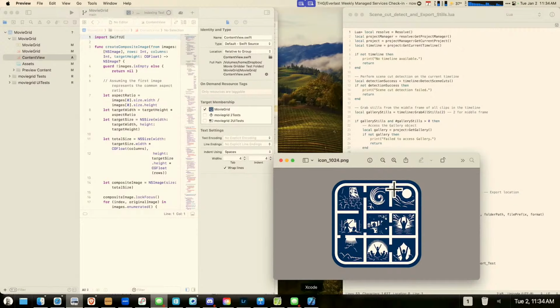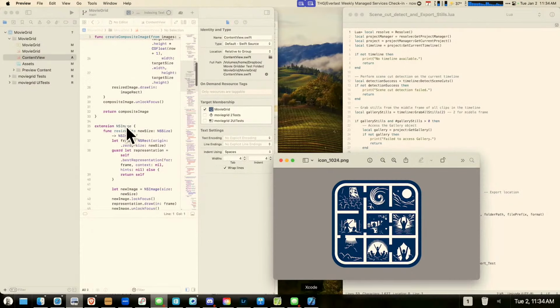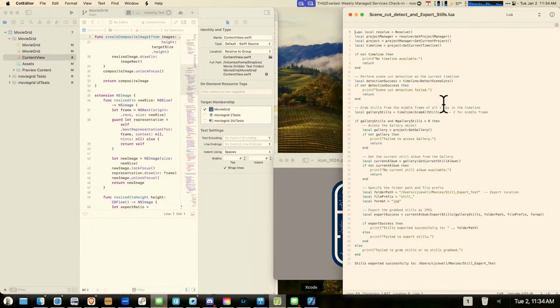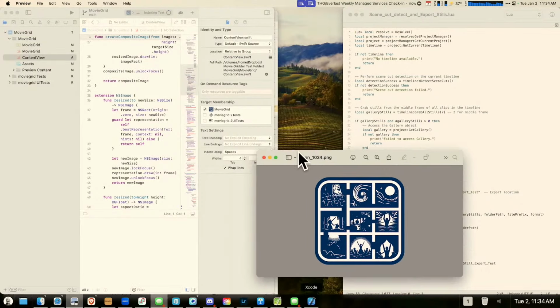So I sat there for probably about 10 or 12 hours back and forth with GPT-4, and I was able to come up with a program. Through that process, I learned how to structure an Xcode file, what a Lua script does, and it did a pretty good job. But I would have never in a million years without ChatGPT been able to get everything down to the logo, the icon for the program. I wouldn't have been able to do any of this if it wasn't for AI. And just playing with it, I've been having a blast. So for me as a learning thing, it's opening up total new horizons.